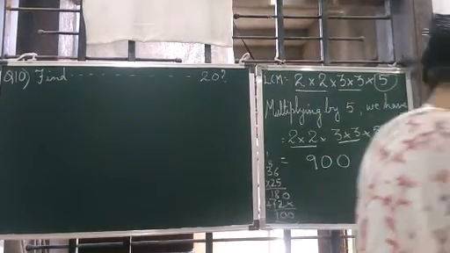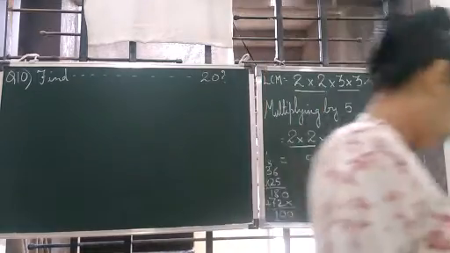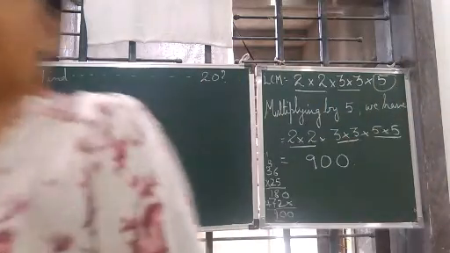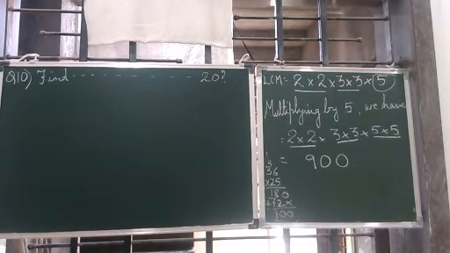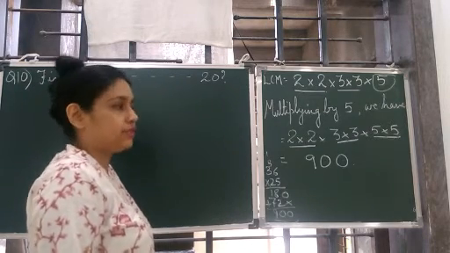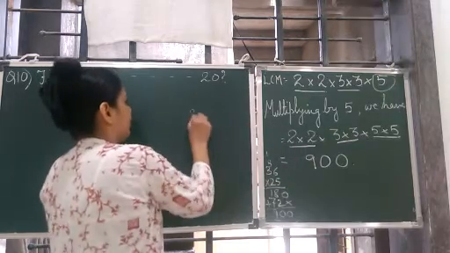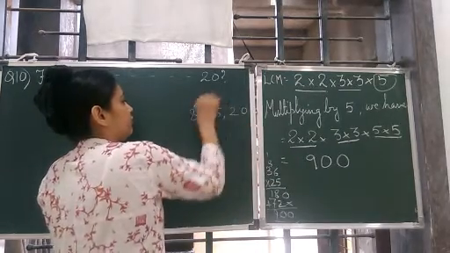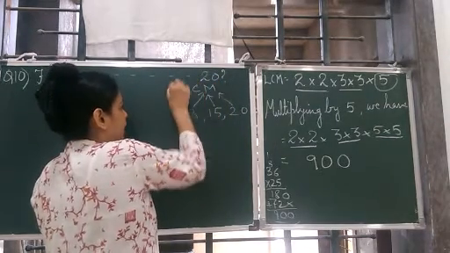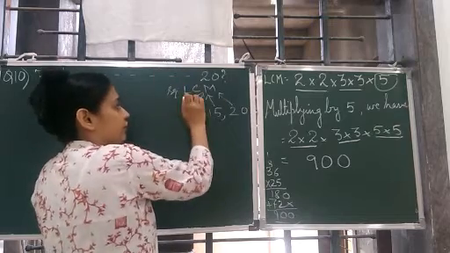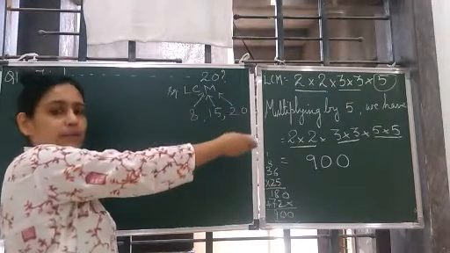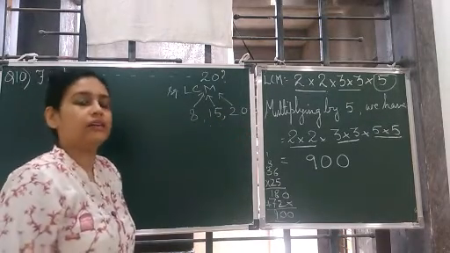Find the smallest square number. Again smallest square number. यानी कि same करना है हमको 9 जैसा ही. Which is divisible by 8, by 15 and by 20. So we have to find the smallest square number which should be divisible by 8, by 15, by 20. That means it should be the multiple of all three. That means it should be common, it has to be lowest and it has to be square. So first we have to find the LCM, then we will check whether it is a square or not. If it is not a square, we make it square by multiplying the numbers which are required.